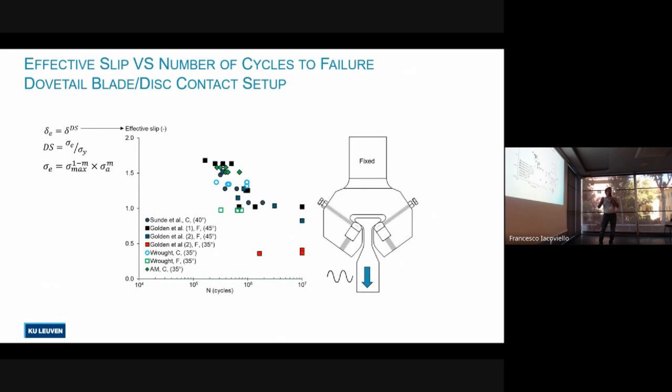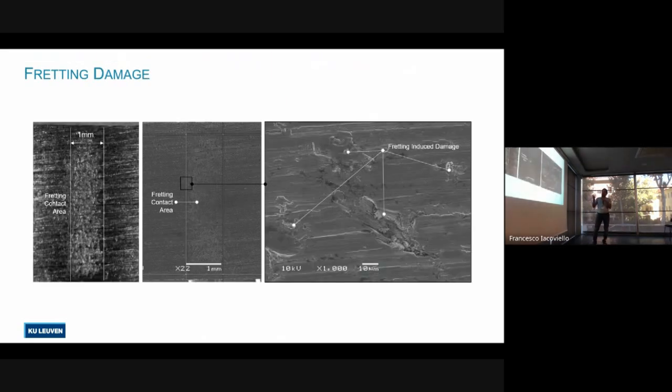And then we plotted the same values, the effective slips for all the tests, and also got some data from literature with different angles, from 40 to 35 to 45. And we see that, again, because of different mechanical properties like plastic modulus, the effective slip amplitude is higher for AM material compared to the rod, but overall, they are overlapping with the data from literature. So, I will continue from now on to show some fractography and also tribological properties of the material